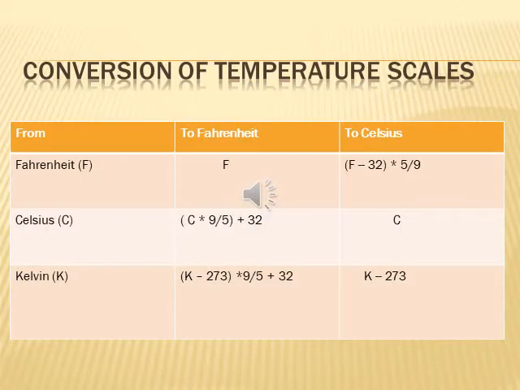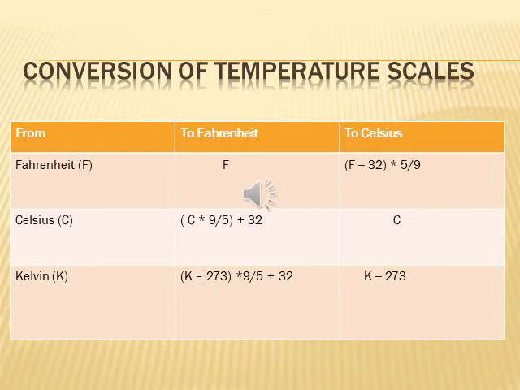Here is conversion of different temperature scales. From Fahrenheit to Celsius we can convert by the formula (F-32) multiplied by 5/9. From Celsius to Fahrenheit we use formula T, that is Celsius temperature, multiplied by 9/5 plus 32. For Kelvin conversion,